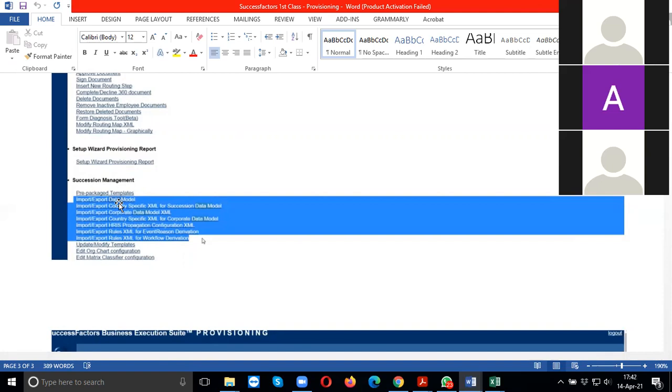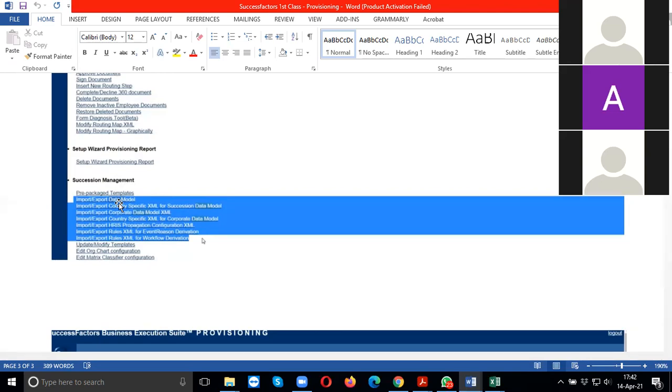Now you also get the options to pre-build the templates according to your requirements. So either if you are uploading data only for job specification, or only for employee related data, or for any particular foundation objects, or you can do it for succession modules, depending upon your requirement. Either way you can work. So once you come to import and export data models on the instance, once you click on it, there are two options. One is import; foundation objects is also there. If you just type in import, under the